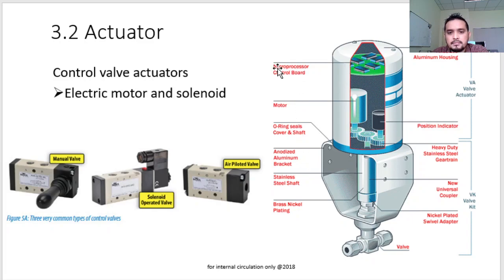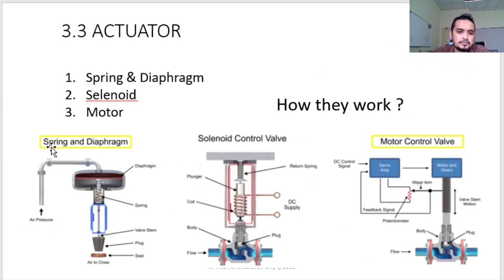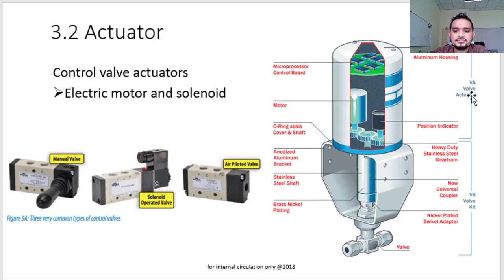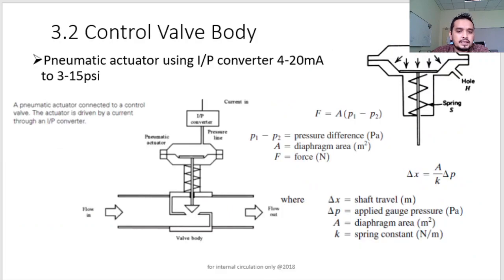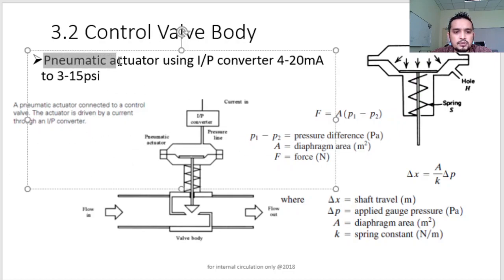Say we have a microprocessor control board, and then we have a proper aluminum housing, position indicator, sensors, and so on. So this is an example of a complicated actuator as compared to the spring and diaphragm. Okay, this is just an example, don't worry. Now we look closer at the spring and diaphragm actuator, a pneumatic actuator using